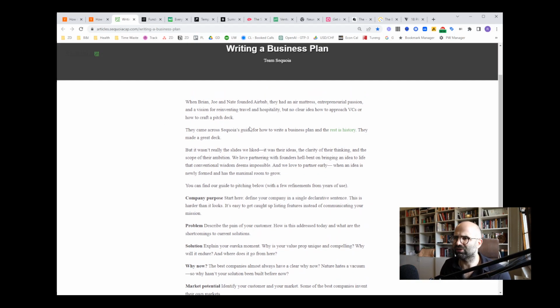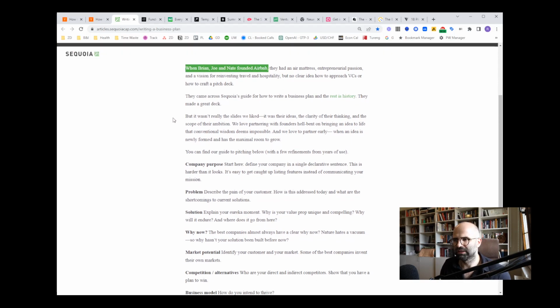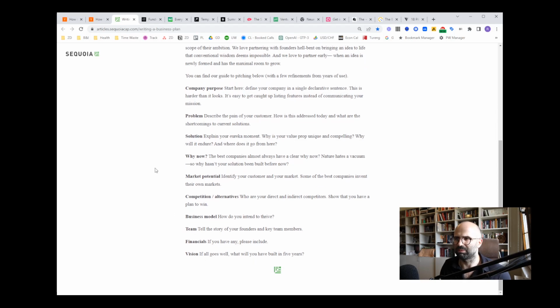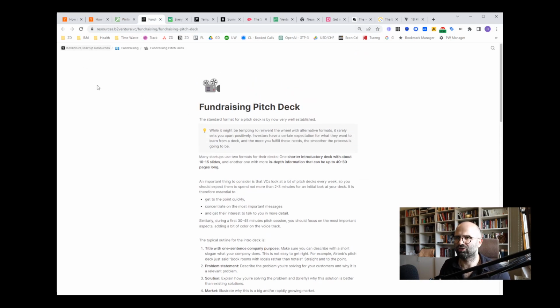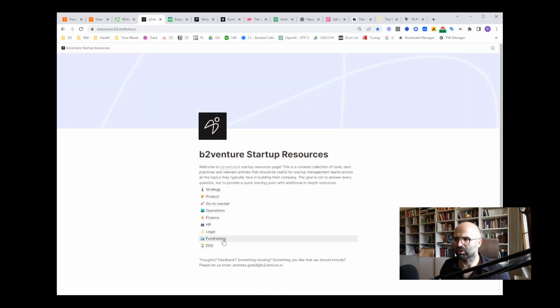I think they based this mostly on what they say up here, what Airbnb did back then. So I suspect this may have been the Airbnb pitch deck structure. And in some of the lists of examples that I have up here that we will go over once we are done with the rest here, you will find Airbnb as one example to go through. So that's Sequoia. In terms of B2 Ventures, when you start on their overview page, you click through to fundraising,